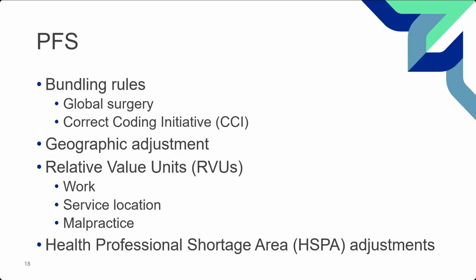They also have something called medically unlikely edits, and it's a set of codes that says, well, we really shouldn't be seeing more than 2, 3, 5, whatever the edit is. And the goal is then to say, okay, if you're doing more than that, you have to tell us why. Why is it medically necessary? That's a medically unlikely edit. What is the most we should see for that type?